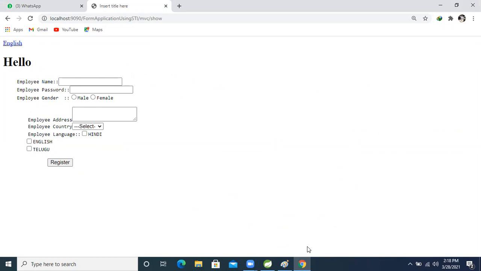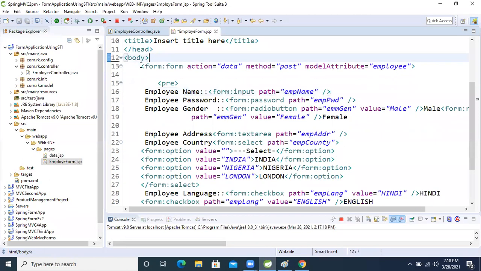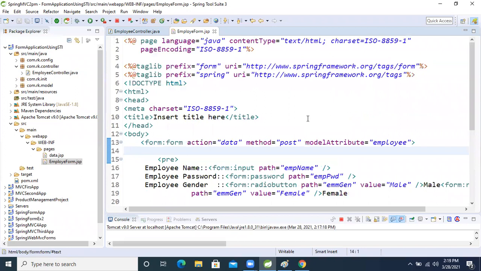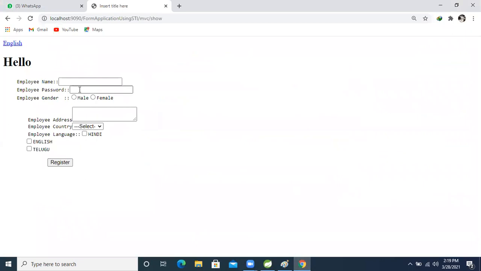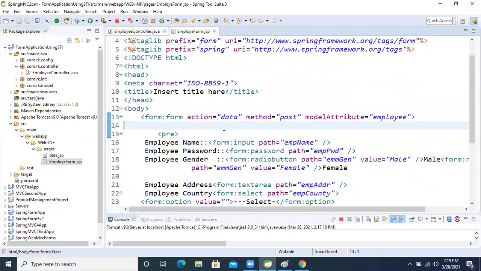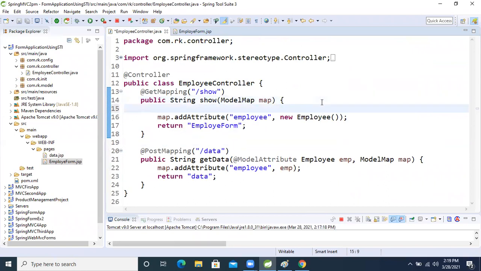So actually it was just one experiment I did in the morning, in the same application. Till yesterday we completed this application. So what we used is the Spring Form Tag Library, right? Using Spring Form Tag Library we made this application. We made this form bi-directional, right? From here we can put data, and if needed from the server also we can put it, as I showed yesterday in the practical.